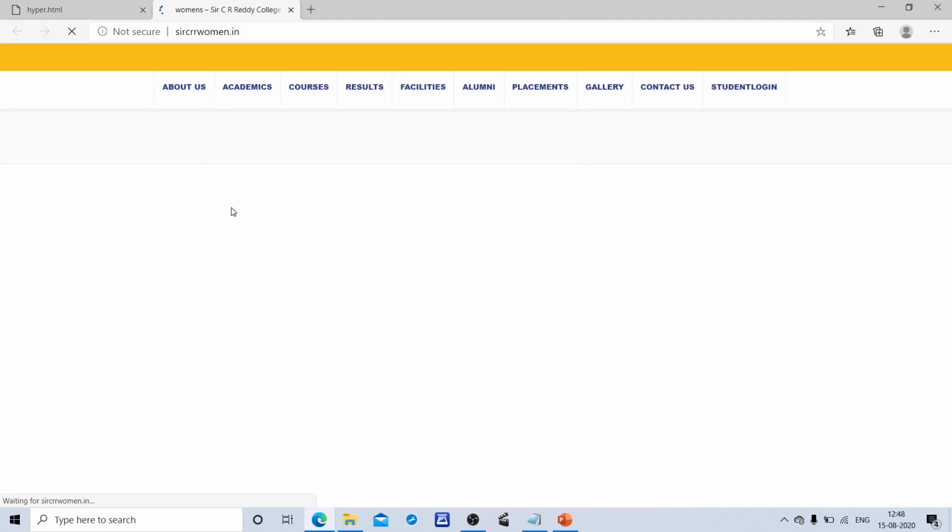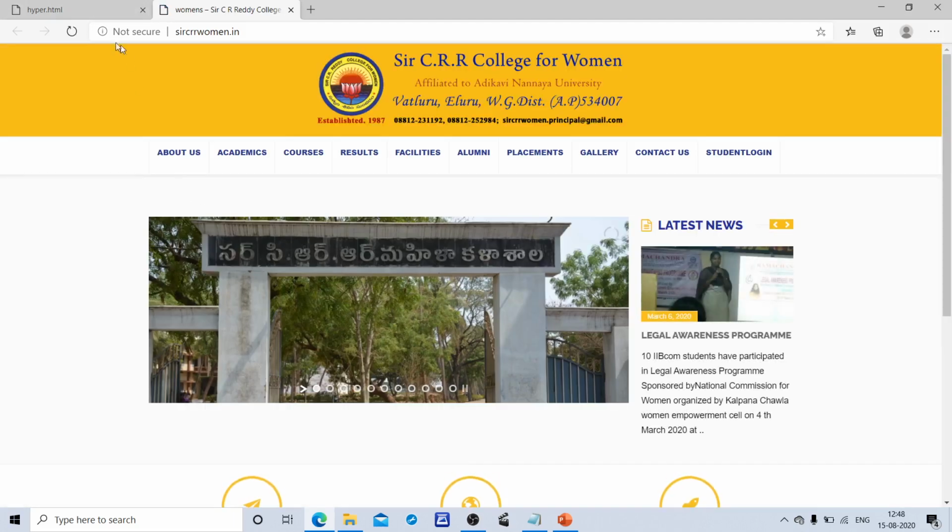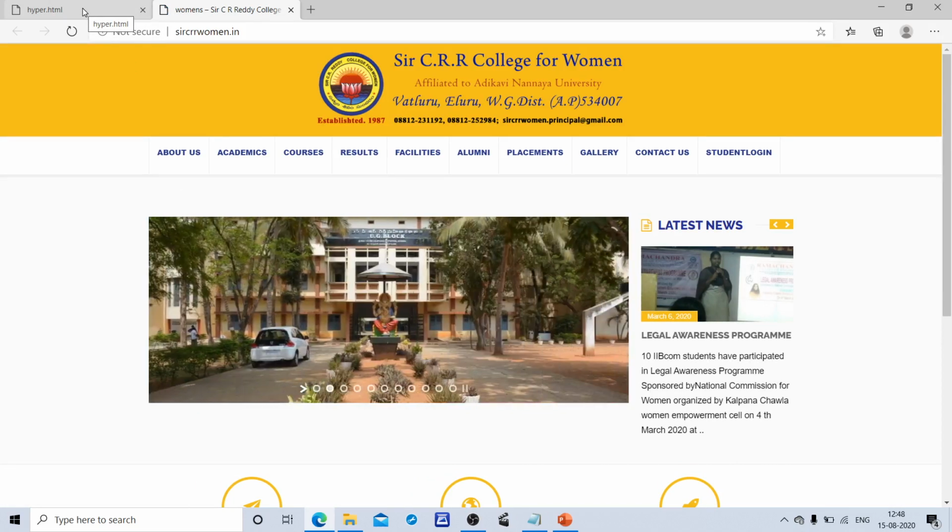Now I am clicking this. I am using target equals to blank, so it will open in a new window or new tab. It is opening a new tab. This is a hyperlink, meaning it is referred or linked to another document. Here I wrote the code.